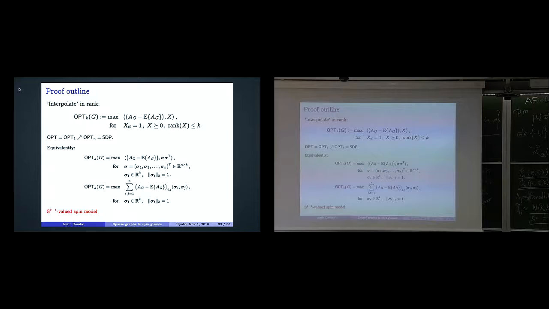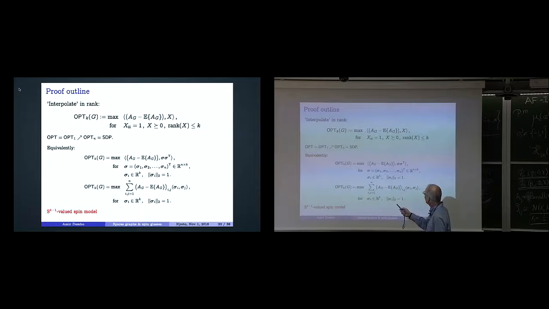Okay, let me go very quickly over the proof outline. There's a proof outline in the paper of Montanari and Sen. What you do is interpolate in rank. We already learned interpolation is a good idea, so this is going to be a theme in this sequence of lectures. You have something you want to do, you have something you know how to do, you want to relate them. So you make some steps on the way. It's a classical approach of analysis to a problem: you want to go from here to here, you take many, many small steps. That's usually good. So here, the small steps will be n small steps related to the rank of the matrix